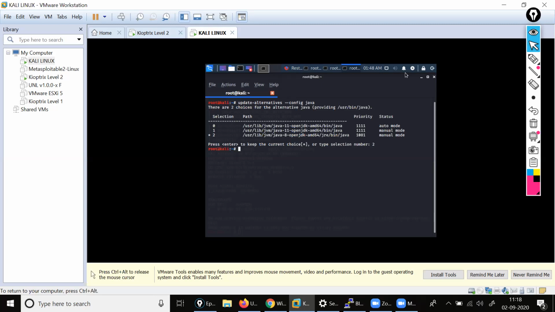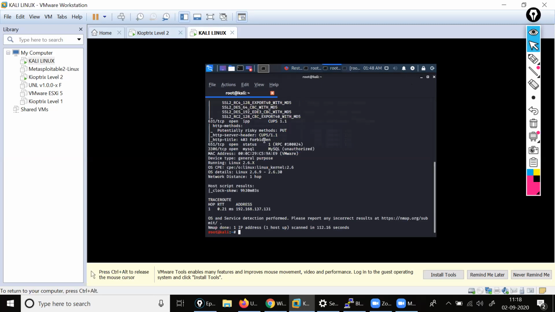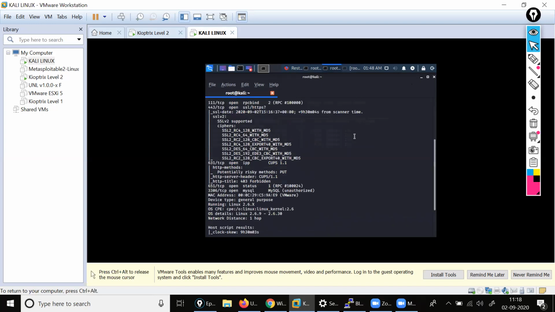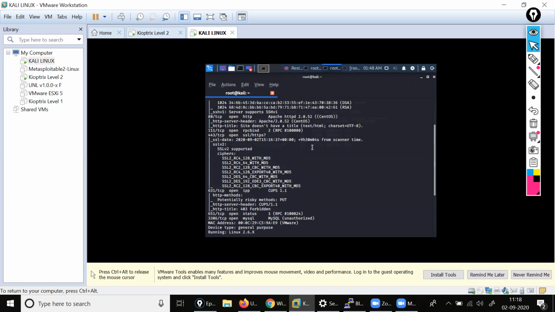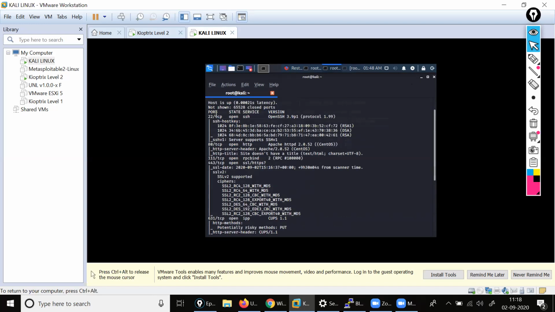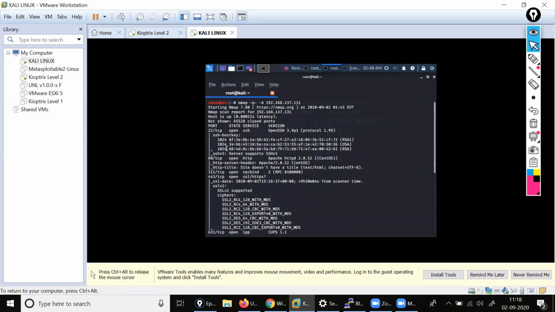And see here, this is the vulnerability. What I am getting inside the scan, you will find that it is showing me SSH. See here, SSH, port number 22 with TCP, correct or not? And whatever vulnerability it will show you, it will open 111 TCP.